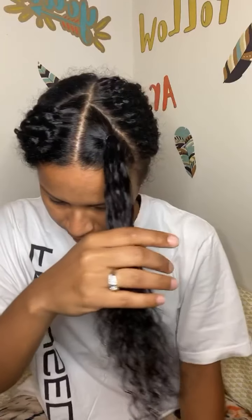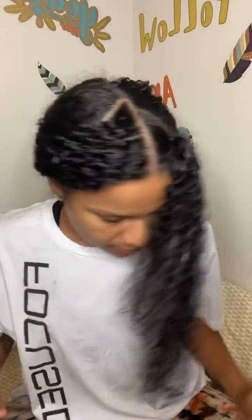Now, this is if you really don't know how to braid or you just want to switch up your baby girl's hairstyle. Part it, brush it. Some moisture, some flakes up in there. Okay. And I'll get it wet again. Where's my...